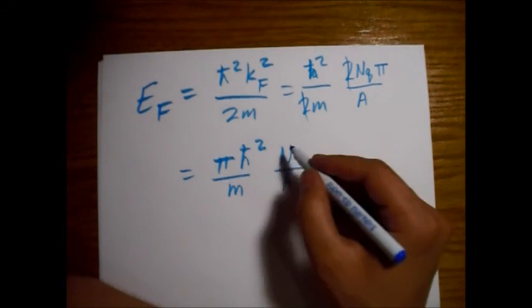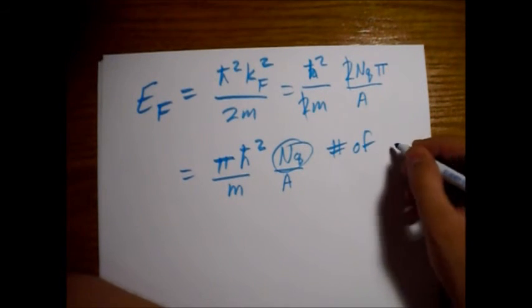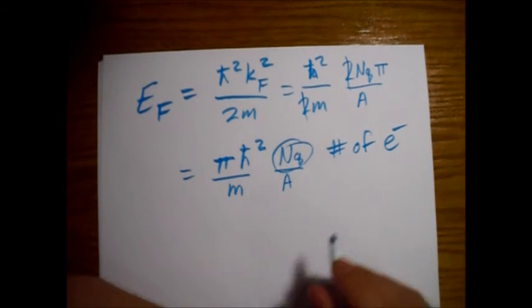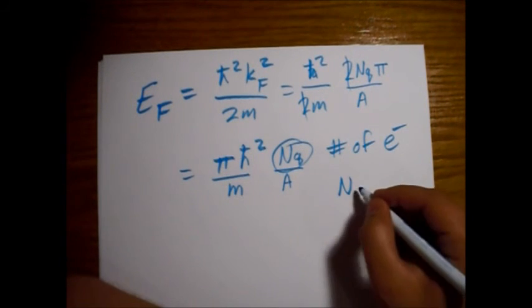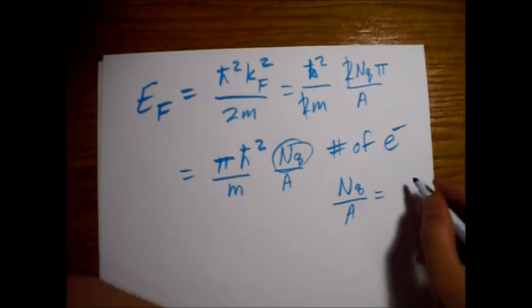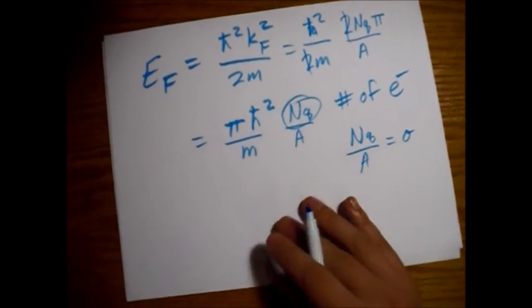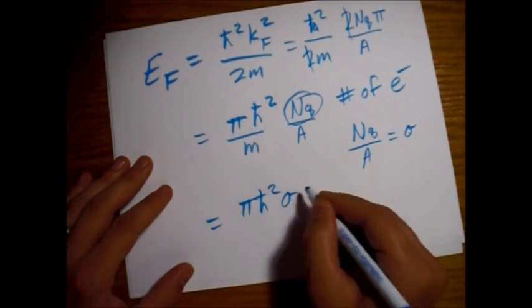Anyway, basically this here is the number of electrons. So that divided by A is just equal to sigma. So we have pi h bar squared sigma over